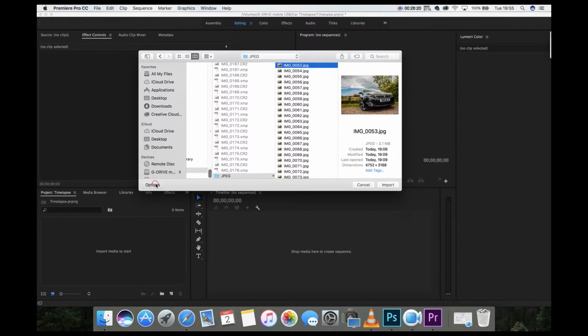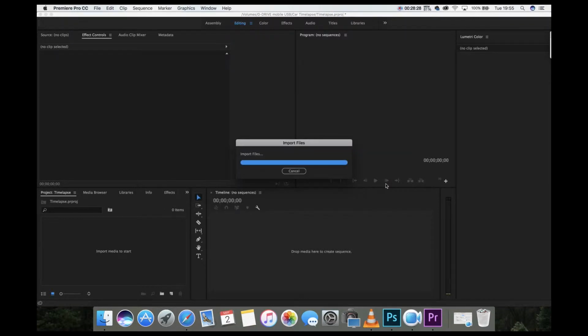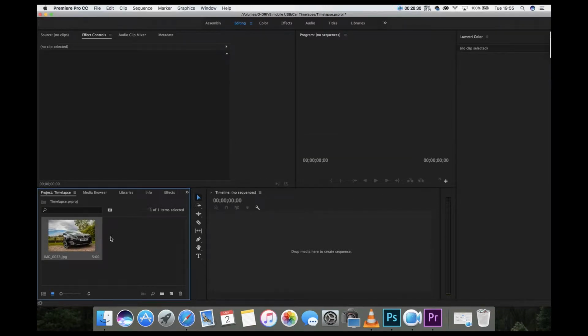Now what I want to do is go to Options, make sure I select Image Sequence. Don't want to select all the images. I want to just select the first one. Import that, and that will import all the files into one long time-lapse video. So if we drag that,